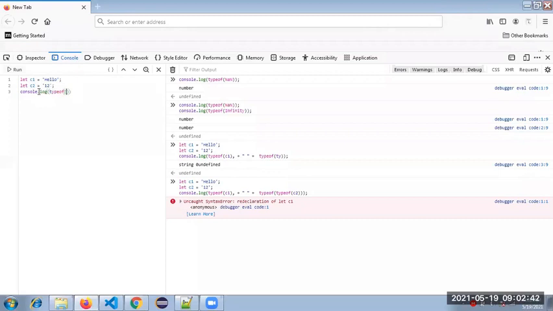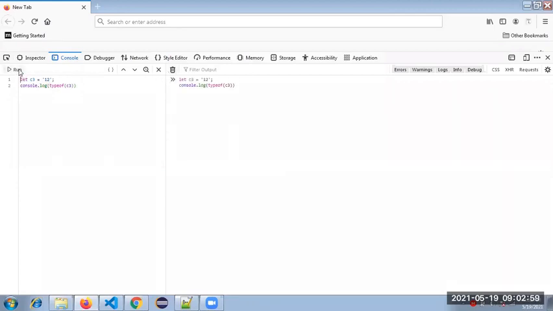So I'm giving c3 here. This is also a string. Some of it may not be familiar; one day we will do concatenation and all. Let them clear it.